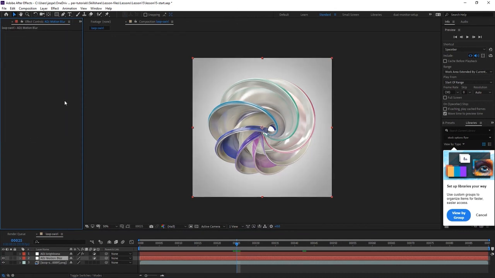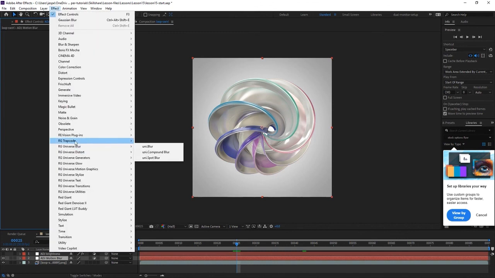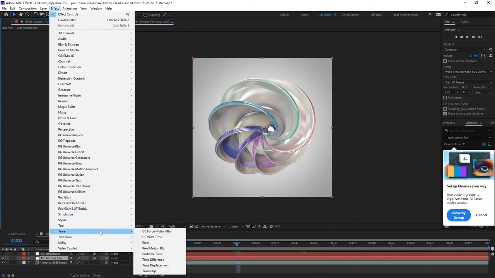So I want to add a little bit of motion blur to this, and there are a few different ways you can do this. If you have a third-party plugin, the Real Smart Motion Blur, this is a good option. If you don't have that one, we can always use time and then pixel motion blur, which is a pretty